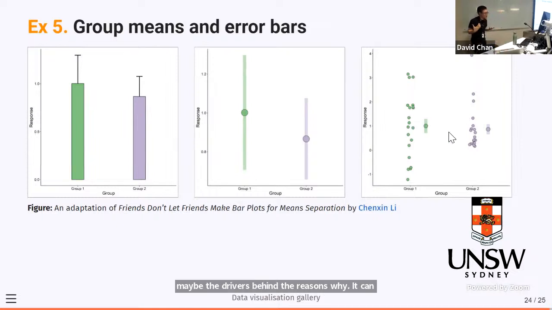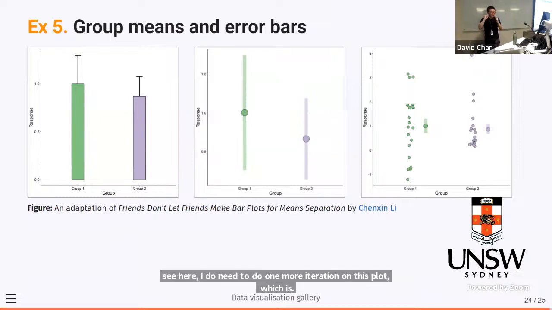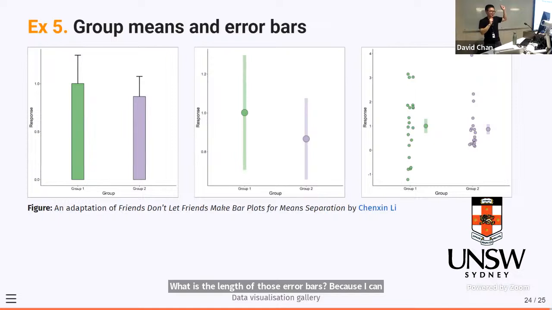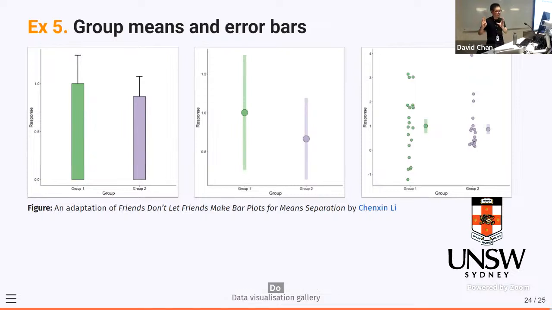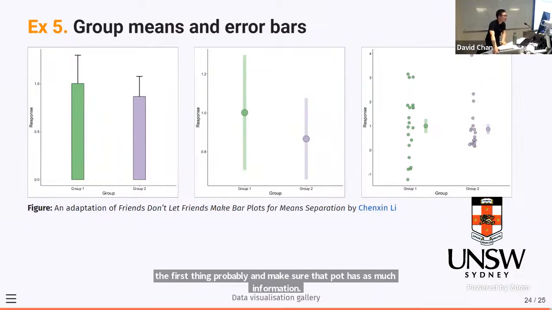You can still see here, I do need to do one more iteration on this plot, which is: what is the length of those error bars? Because I can tell you right now, I've worked with people who've done one standard error, two standard errors, 95% confidence intervals, and more recently, from a blog post, 83.4% confidence intervals. So do define that, because if you think about it from a poster perspective, people are probably going to look at your plot first, so make sure that plot has as much information about what you're visualizing. And to wrap up,